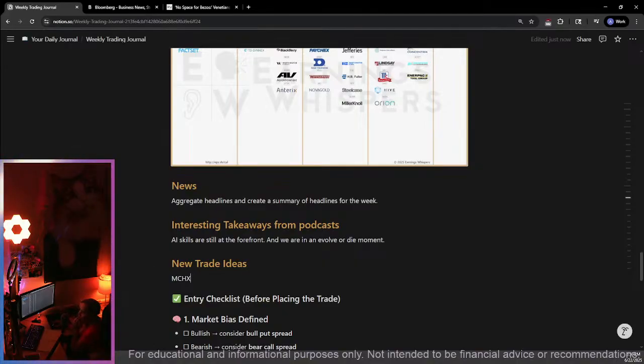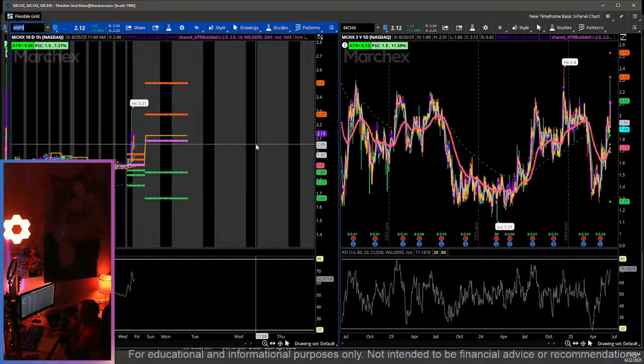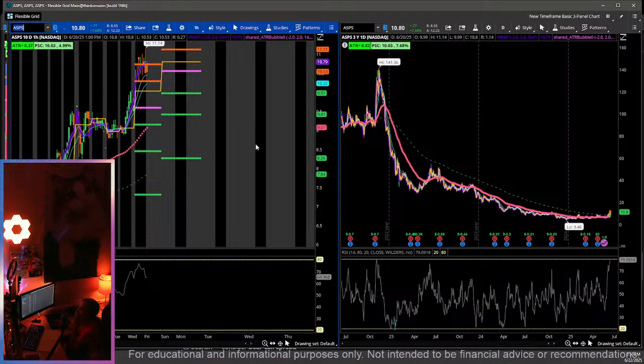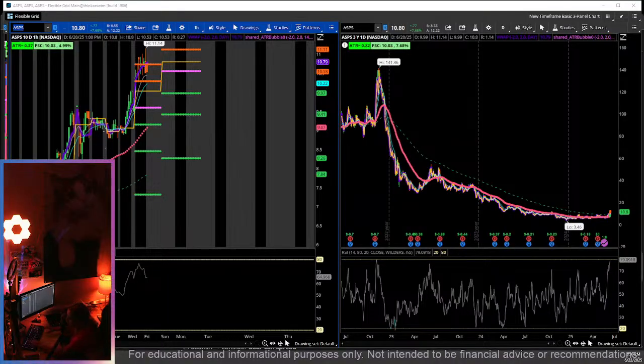Let's take a look at the next one. The ASPS. Oh wow. Last thing never recovered. I don't know about this one. Whatever on this one. I don't like this. I don't know what it is. Let's look up what it is. Altisaurus Portfolio Solutions. I don't get this company. Anyway,